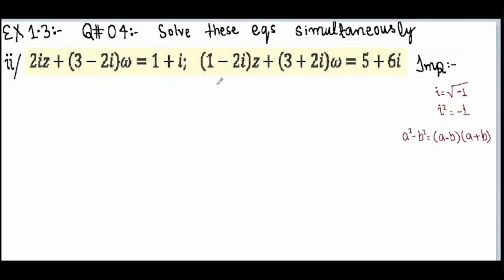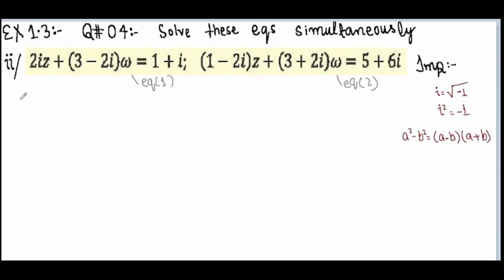So how are we going to do it in this question is that by adding these two equations, we can see that 3 minus 2 iota plus 3 plus 2 iota, so 2 iota and minus 2 iota are cancelled, and we get 3 plus 3 equals 6. And here 2 iota Z and minus 2 iota Z are also cancelled, and we get only Z. So we can use this technique over here. First of all, we are going to name this as equation 1 and this one as equation 2.